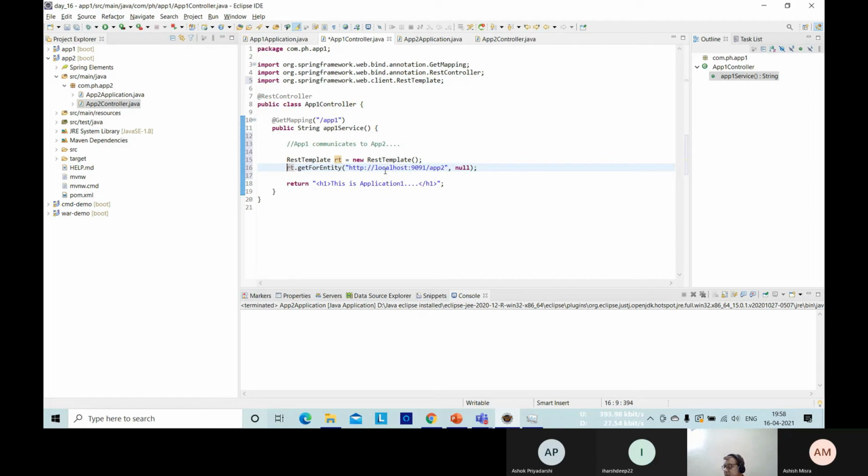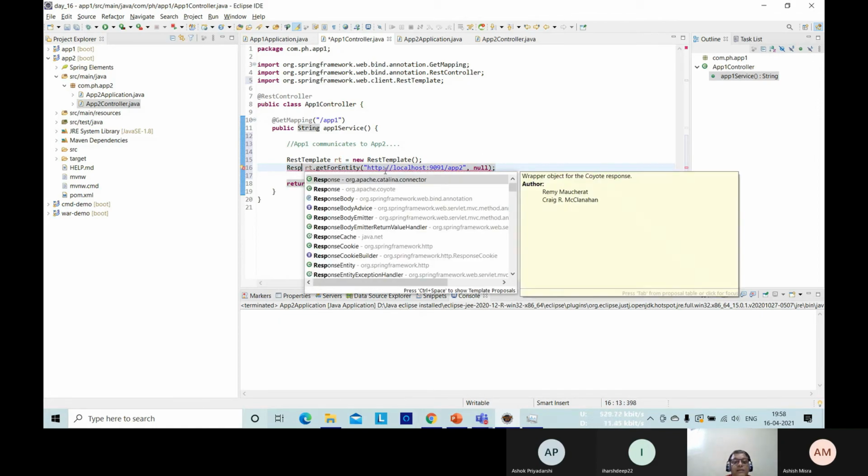Now, what does this method return? This method returns an object of type ResponseEntity. These are the things which you have to remember.